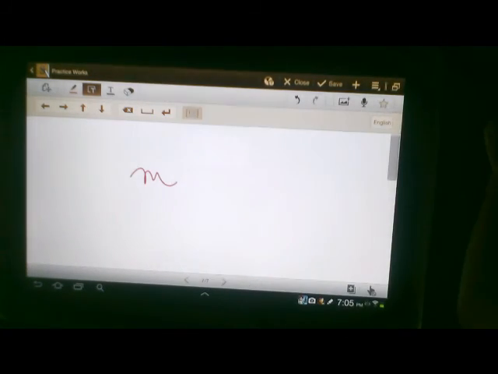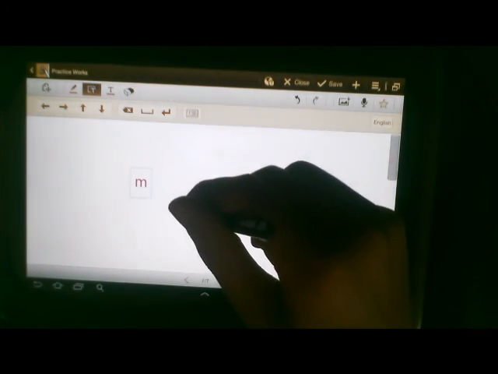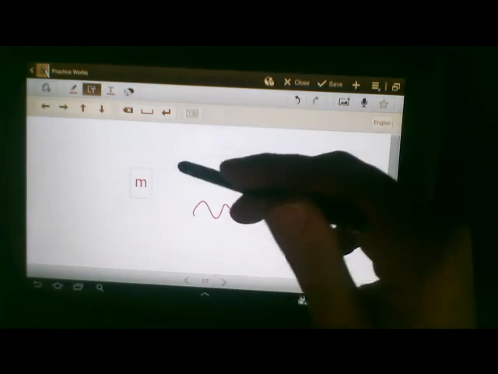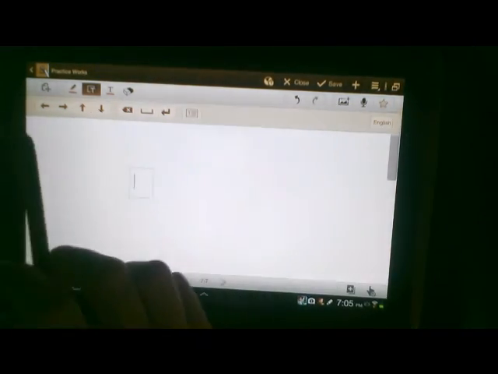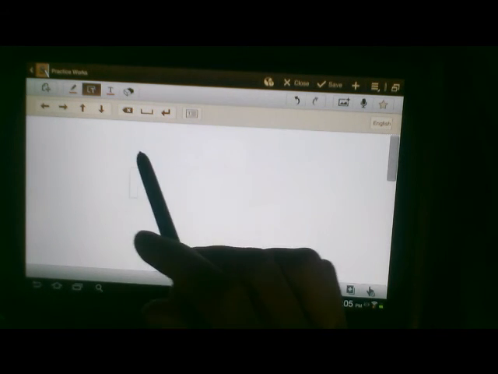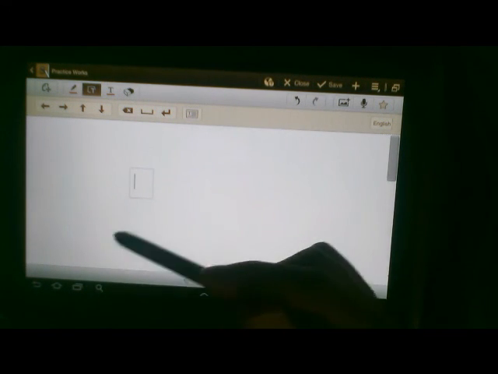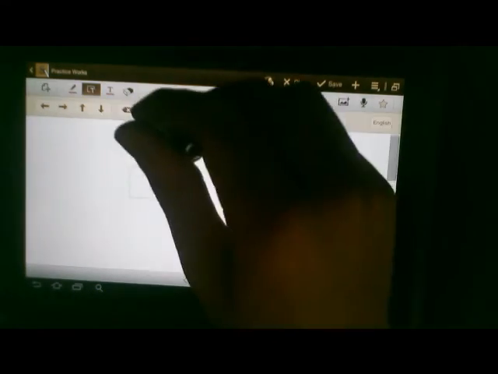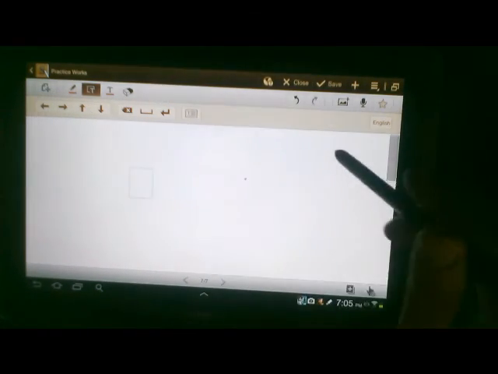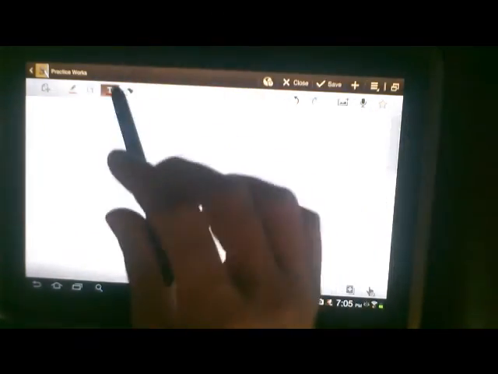See, I can come here and just write different things, and it'll put it wherever I want in a text box. But then you have these navigation features up here. I have to navigate back and forth, and it's a little tedious, and it just kind of loses its luster when you do that. So what I like to do instead is I like to come to this typing thing,